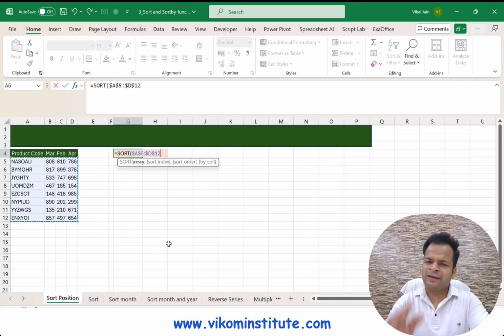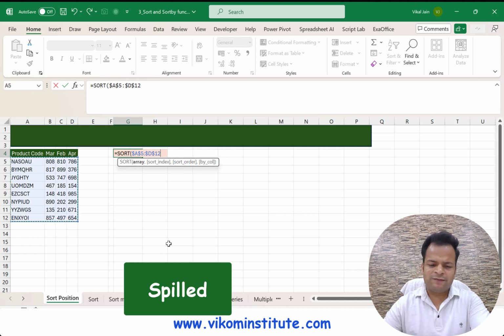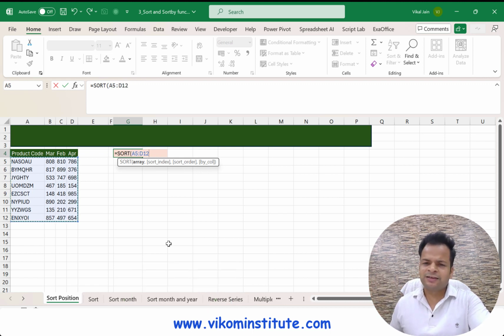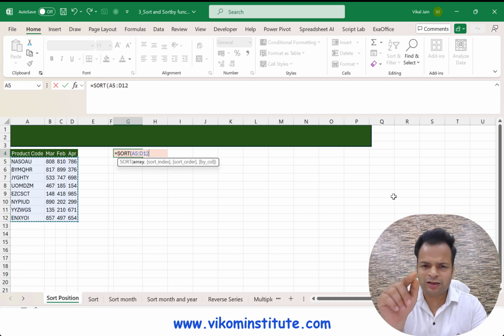Lock it, comma. Even you can just ignore the locking part because all the formulas we are entering in one cell, so that is going to spill. So even we can remove the locking part like this. So the choice is yours. We are just taking the locking part to build it up. If you have, let's say, 1 lakh rows of data entries over here, then you need to scroll this up. What I will do, I will simply press F4 and my screen will automatically come up by using the F4 key. So that is the locking part in it.